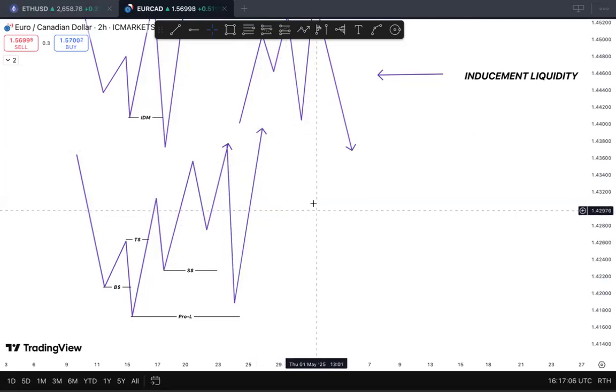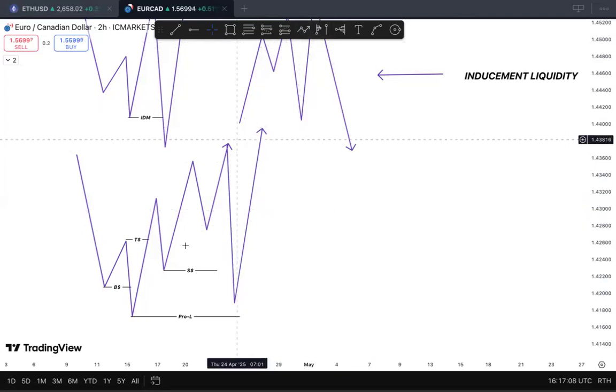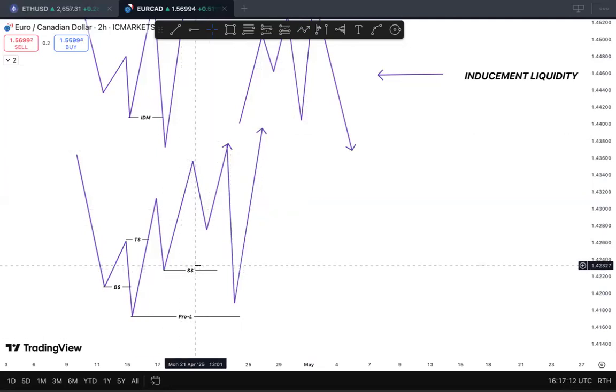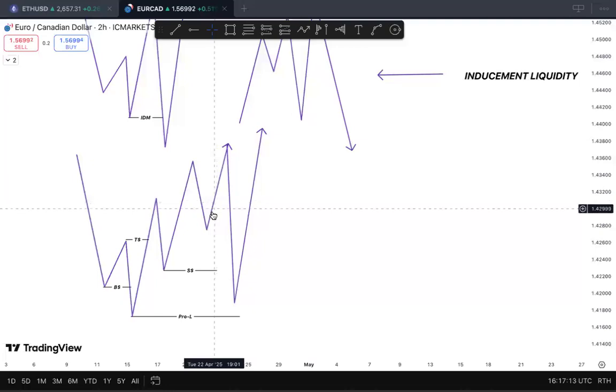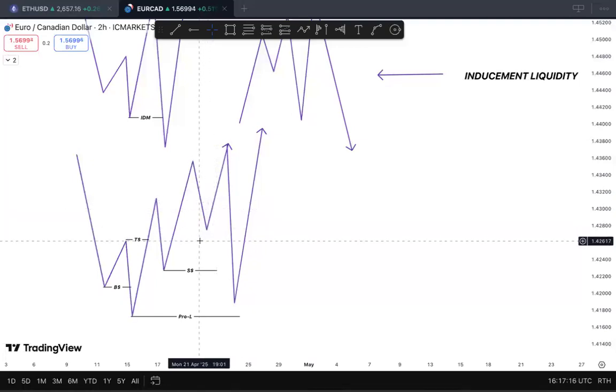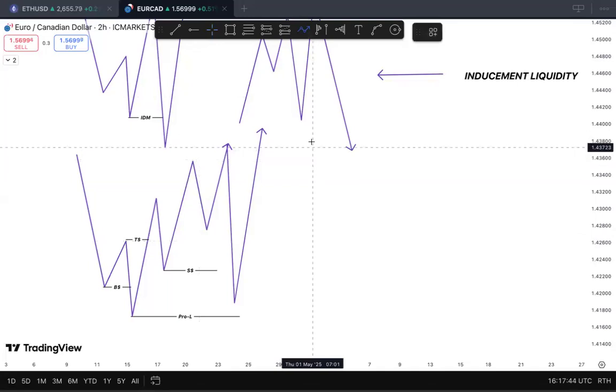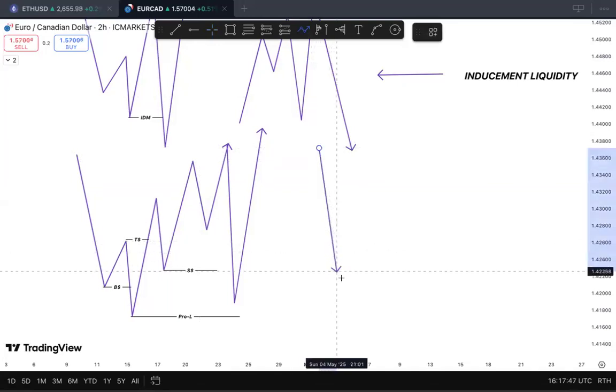But in the absence of structural liquidity, you don't want to trade, because why? Structural liquidity is the liquidity that is usually engineered and will be used as fuel for moving price from either demand to supply or supply to demand. So that is how the market operates. So you don't want to trade if you don't see structural liquidity. So for example, you see a model or a structure such as this.